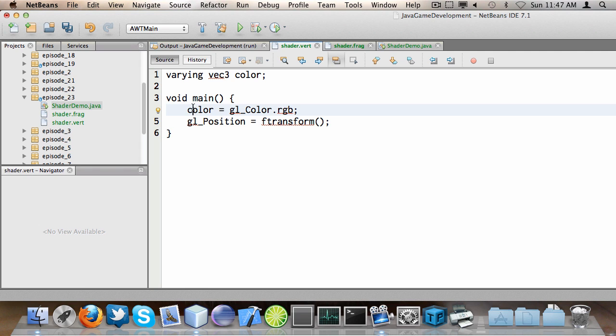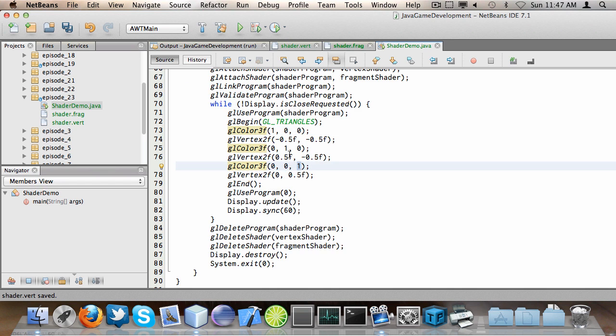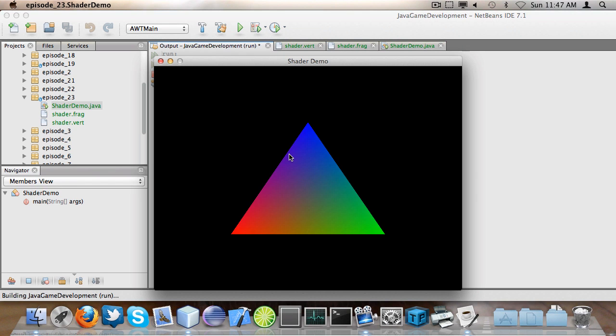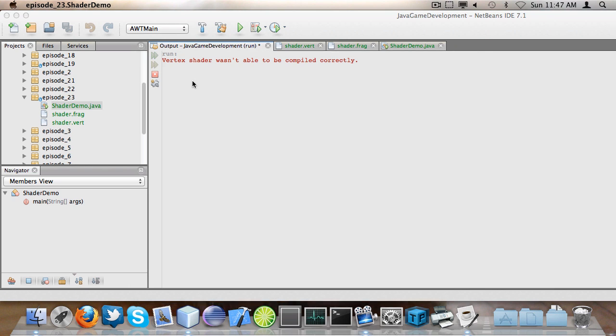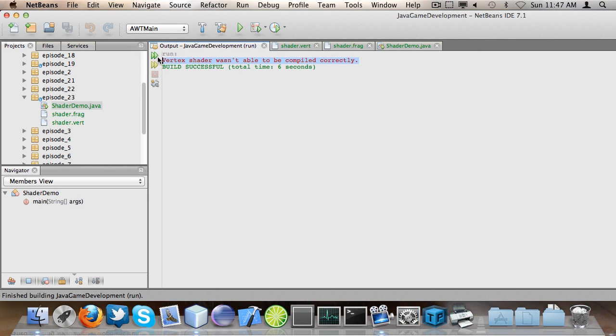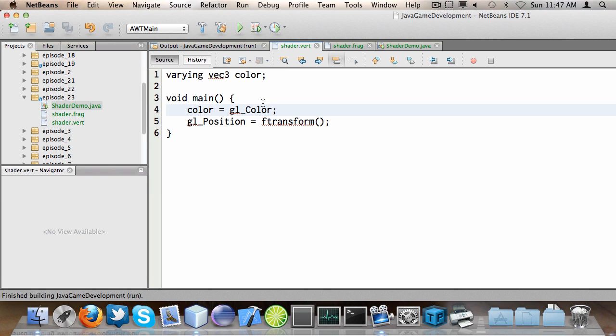If I were to just say color = gl_Color, it would throw an error as seen here. Actually, it wouldn't throw an error, it just wouldn't compile. Here, the vertex shader wasn't able to be compiled correctly. This should be gl_Color.rgb, and then in shader.frag,